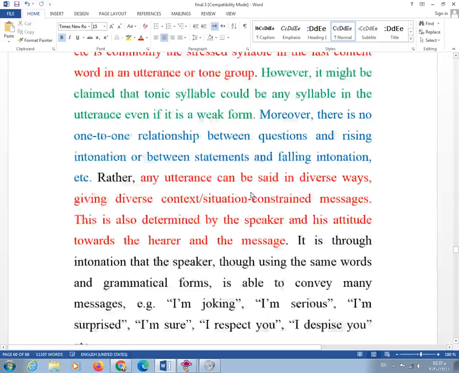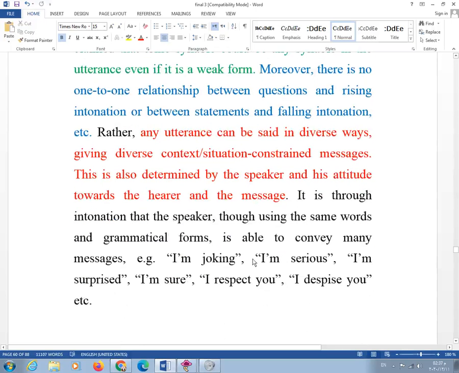بنسميه tonic ليه؟ لأن هو it carries the tone. يعني بنشيل النغمة لما بنطلع، لو بننزل صعودا أو هبوطا من على المنطقة دي اللي هي tonic syllable. Okay, it's through intonation that the speaker, though using the same words and grammatical forms, is able to convey many